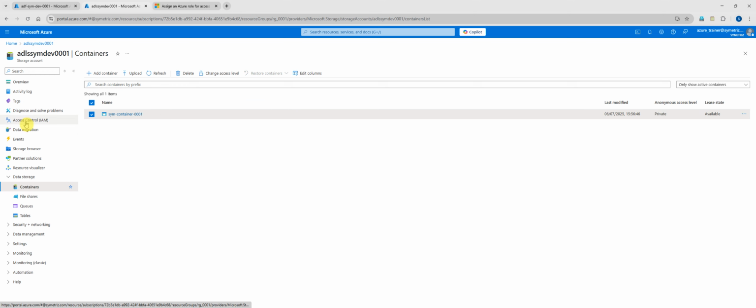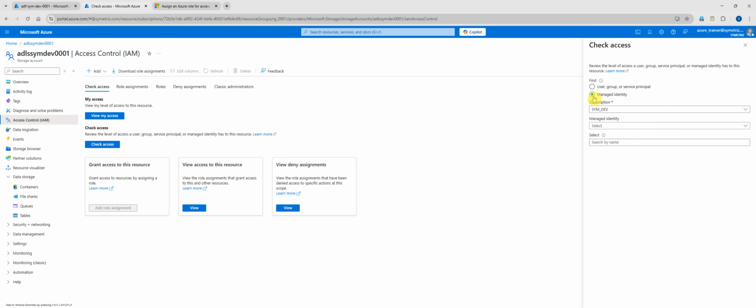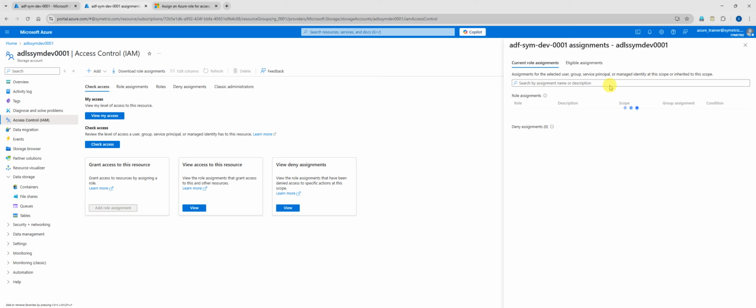So if you come here and go to access control, and if you just click on check access, like which resource or which user has access to this storage account, since we are connecting to the storage account using managed identity, we'll just see which managed identity is there. So by default, it has listed the data factory here, and once we click on that, you can see that this data factory that we have here, right? This data factory has the storage blob data contributor role that allows for read, write, and delete access to storage blob